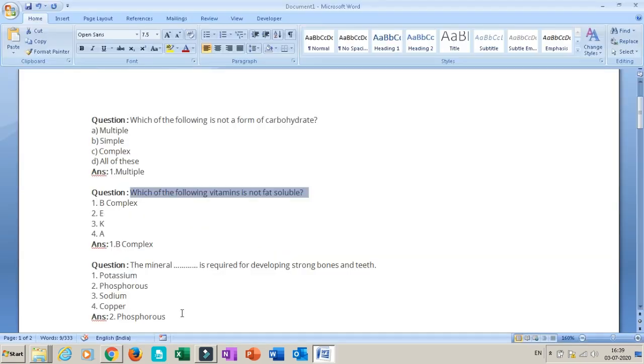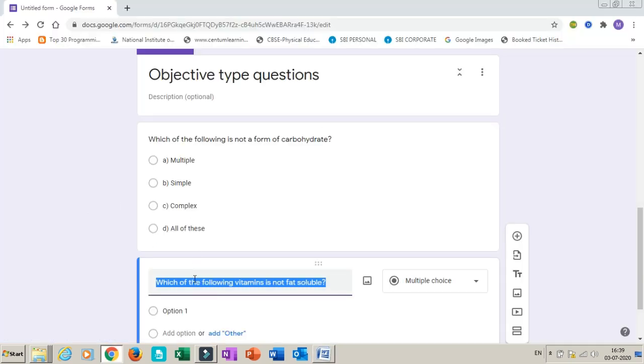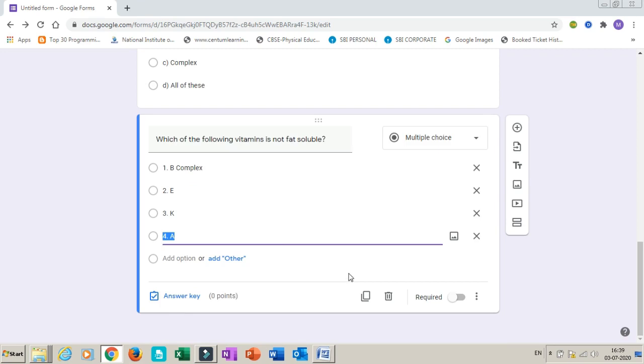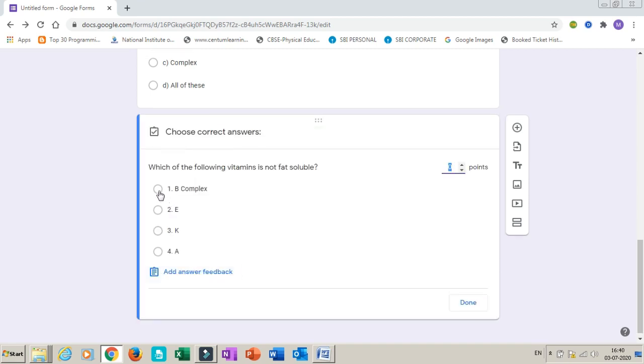Now I will copy all the options, copy, and come back to your form and you can paste it here. Now all the options are pasted here. So the correct answer is the first one again. So click on answer key and select the first and give the point to this question and done.